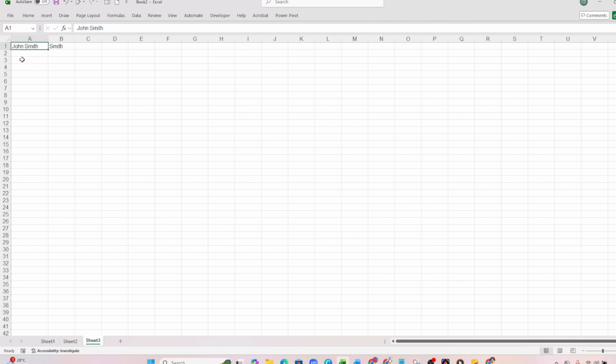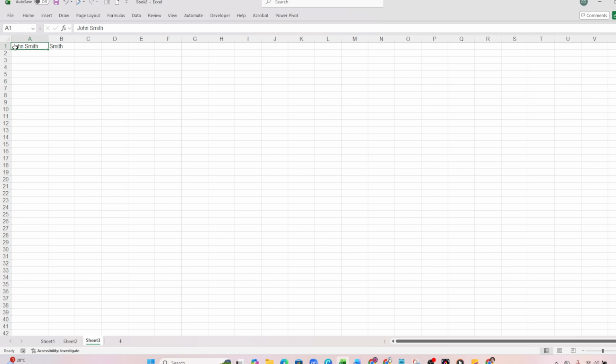This is especially helpful when you're working with names, codes, labels, or imported data that needs to be separated into cleaner pieces. For this example, imagine you have data in cell A2 that contains a first and last name separated by a space. The sample value is John Smith. Our goal is to extract the text that comes after the space, which in this case is the last name,